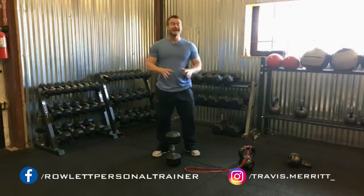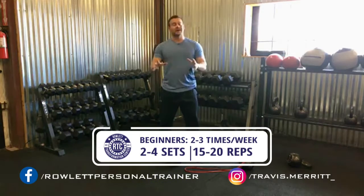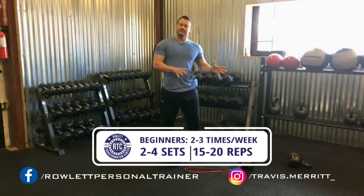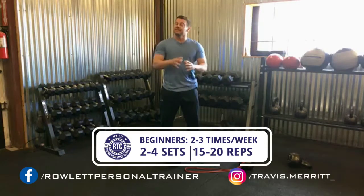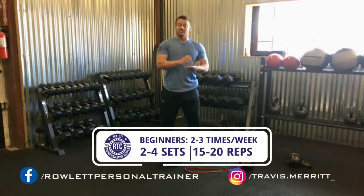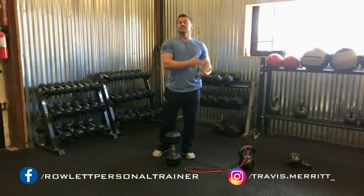Now the deadlift for the beginning can be very taxing for some individuals. So I recommend about 2 to 3 times a week. Certain ones you can do more often. So 2 to 3 times a week, anywhere from 2 to 4 sets. Beginners should really be focusing around 15 to 20 reps. People that have a little bit more experience under the belt, you can probably focus into the 8 to 12